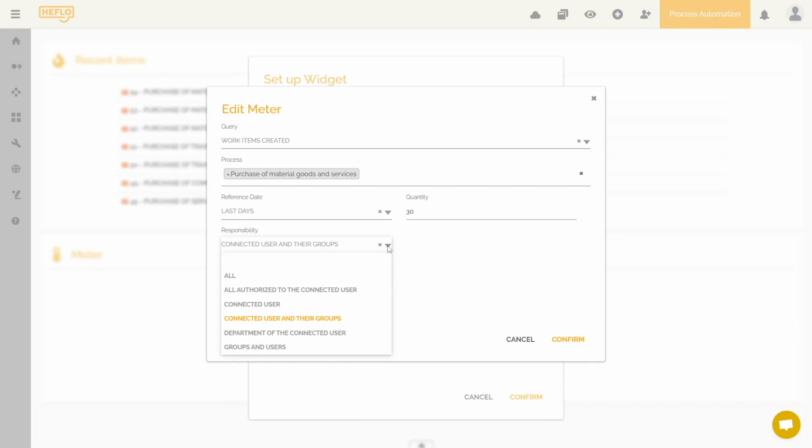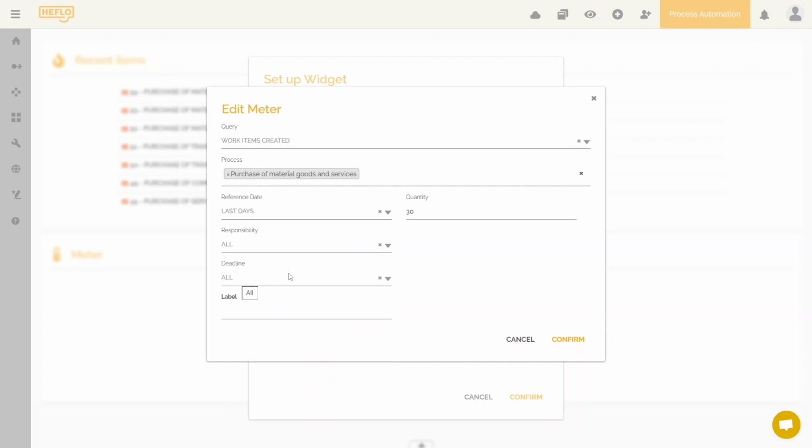In our case, I want it to see all work items of all responsibilities. If you want something else, then you can filter on that item. Regarding the deadlines, I will select all. I'm going to call this meta Recently Requested Purchases.